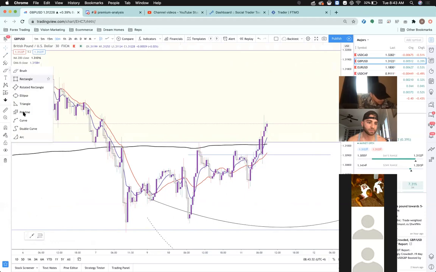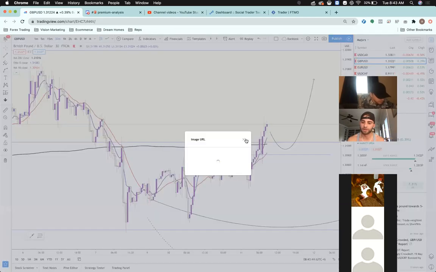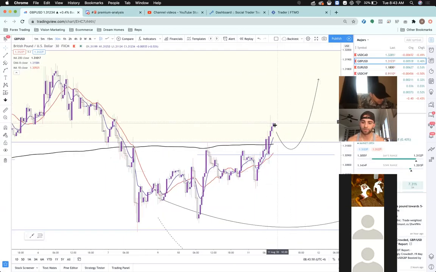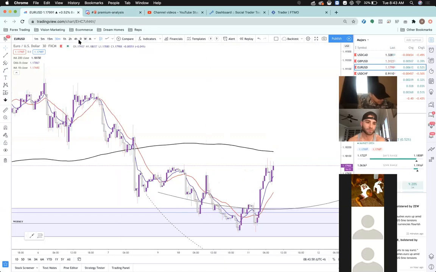This is an example of something that I would be dropping in the premium analysis. We need some sort of pullback right here, boom, followed by an entry at some sort of higher low. I'm going to drop this again in the premium analysis after this session. So GU, looking to go long on this. I wouldn't do it at this point, but I would wait for some sort of pullback before actually taking advantage of this. So let's go over to EU.